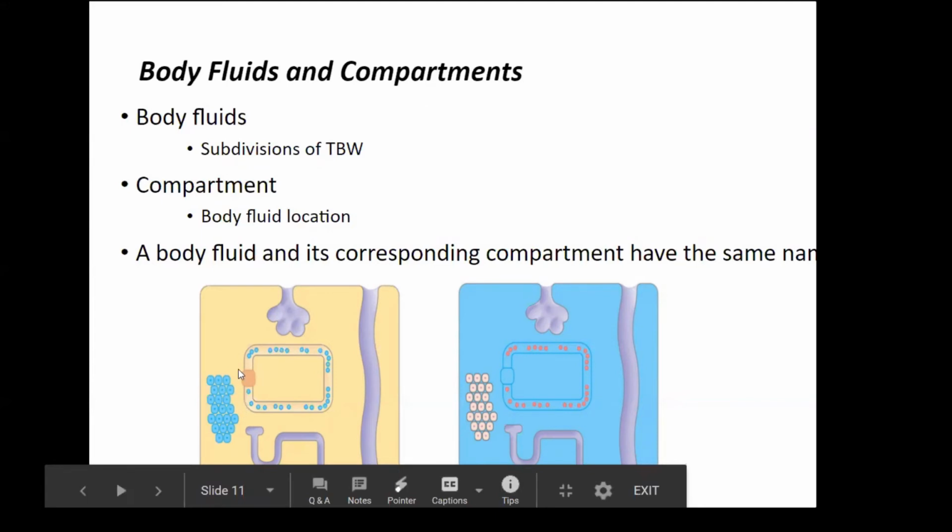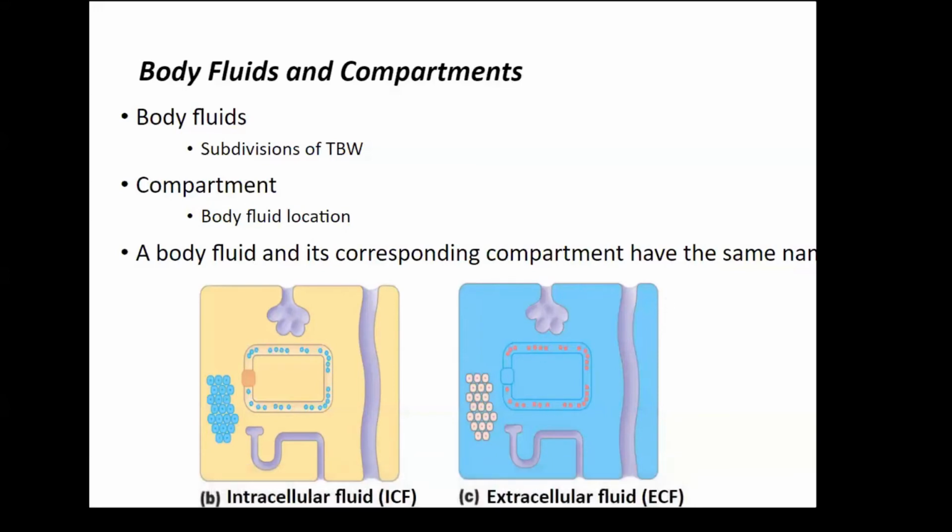So we haven't drawn out each and every type of tissue. We haven't drawn out all the muscles. We haven't drawn the brain. We've just drawn a general block of cells to represent all the different types of tissues in the body. But all the cells in all those different types of tissues are going to include water. So here we have our division between our intracellular fluid and our extracellular fluid.